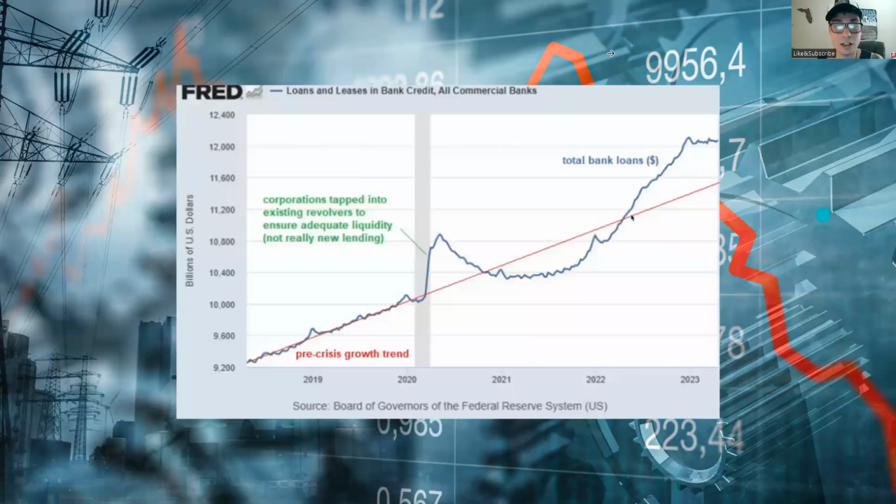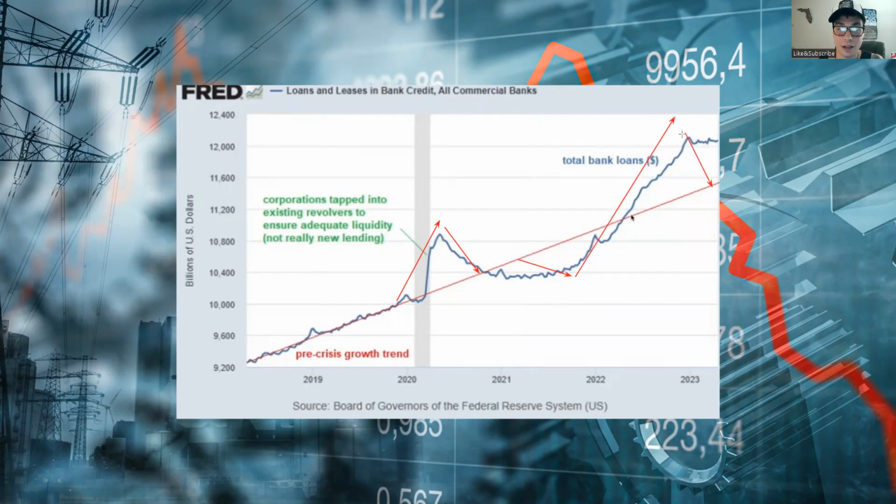Another thing too, if we take a look at loans and leases and bank credit, all right, this is our growth trend right here. And so essentially, what you see is it in equilibrium, right? It usually shifts back towards equilibrium. So what I mean by that is, we see it shoot up rapidly, right? And then we see it come back down towards the growth trend, right? And then it goes down below, and what does it do? It comes back above, right? And now we're at this period where we're really high, and we could see it contract, right?